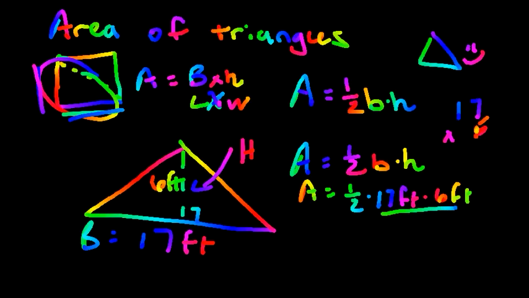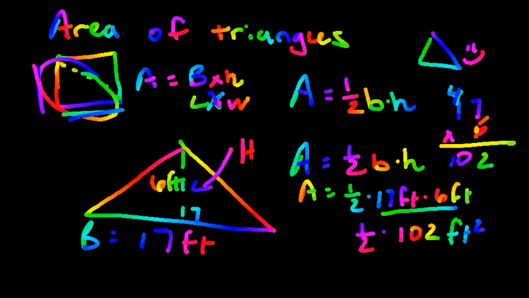So 17 times 6, I'm going to do my work on the side. 7 times 6 is 42. And then 6 times 10 is 6 tens, plus 4 tens is 10 tens. So I have 102, and I know feet times feet is square feet, or feet to the second power, times